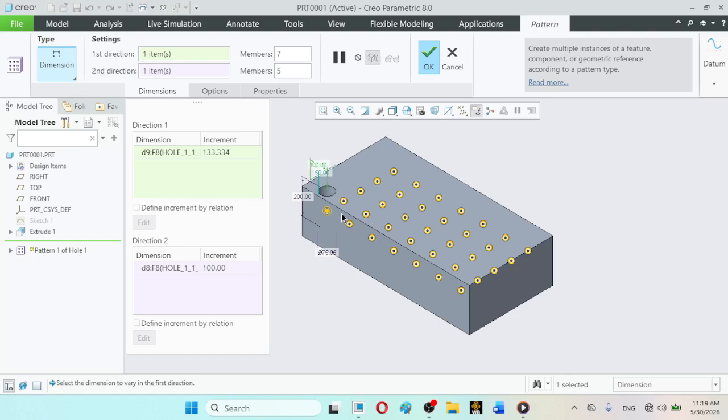This length direction is defined by the direction of this dimension, meaning this 100 dimension is along the length, so automatically this direction is defined. In a similar manner, this 50 dimension is along the width, so automatically this direction is defined, and by default it automatically picks this to be the separation between the consecutive members.